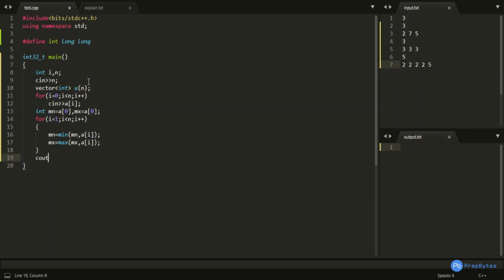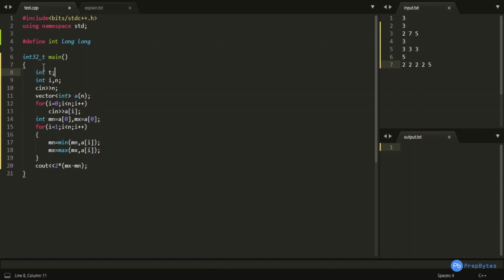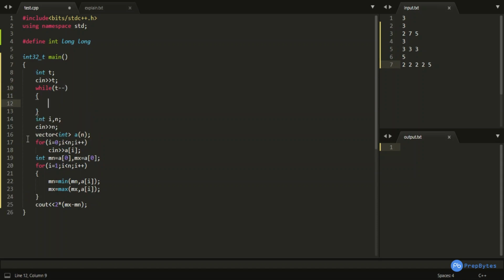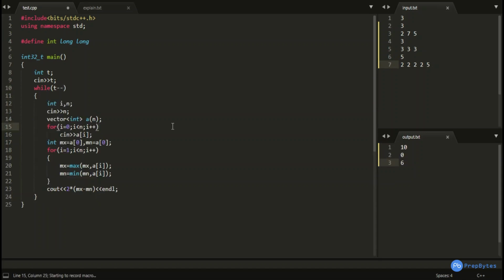And finally, we will print this particular expression, mx minus mn. So this is the pretty basic code for this particular question, but then there is one twist, that we are having multiple test cases. So let me also write while t minus minus, and let me run this particular logic. So we are done coding this particular problem.